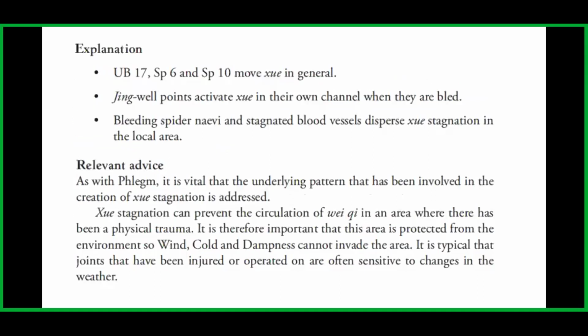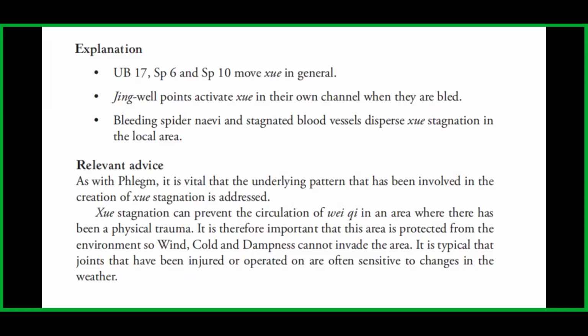Explanation: UB17, spleen 6, and spleen 10 move blood in general. Jingwell points activate blood in their own channel when they are bled. And bleeding spider nevi and stagnated blood vessels disperse blood stagnation in the local area. Relevant advice: as with phlegm, it is vital that the underlying pattern that has been involved in the creation of blood stagnation is addressed. Blood stagnation can prevent the circulation of Wei Qi in an area where there has been